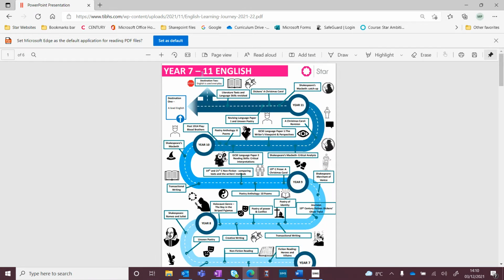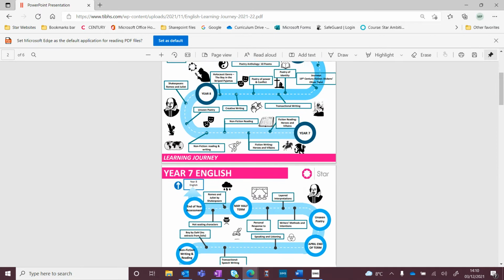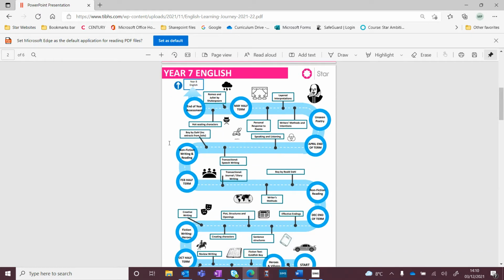So if I take English as an example, then this roadmap, or what we call the visual learning journey, you can see exactly from year 7 up till year 8, going on to year 9 and then 10, and then throughout year 11, everything that he will study across all the 5 years that he will be here. So we call this the vertical learning journey, from year 7 all the way upwards. And if you scroll down, you can then see what he's studying